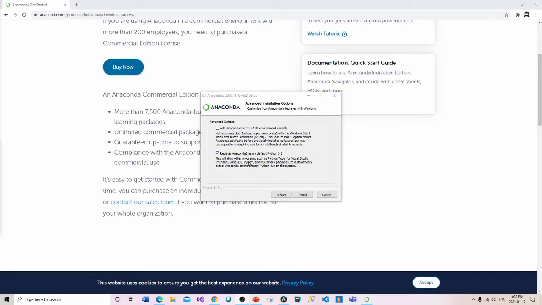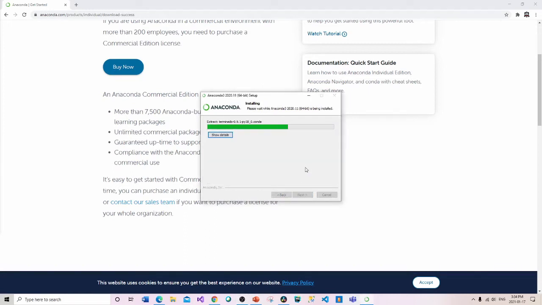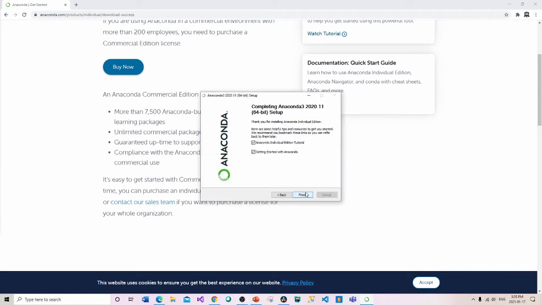This is also the recommended. And it says this will allow other programs such as Python tools for Visual Studio, PyCharm, and all these things to automatically detect Anaconda as the primary Python 3.8 on the system. So I'm going to do this installation. And what's really good about this is because I'm installing Anaconda, this is actually going to take care of my Jupyter for me. Okay, so all of those libraries that we talked about in the beginning are going to be taken care of because we're installing Anaconda. Okay, it says that it's complete. Click next, next,